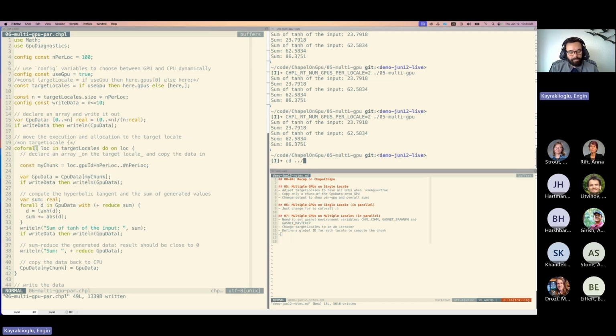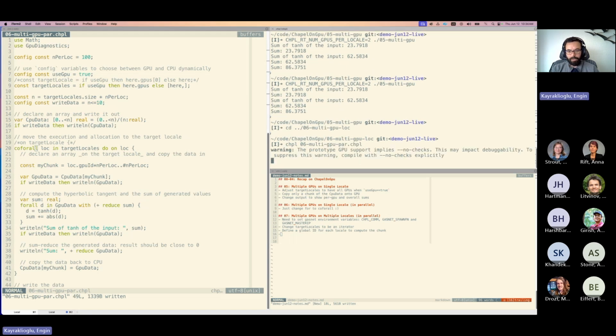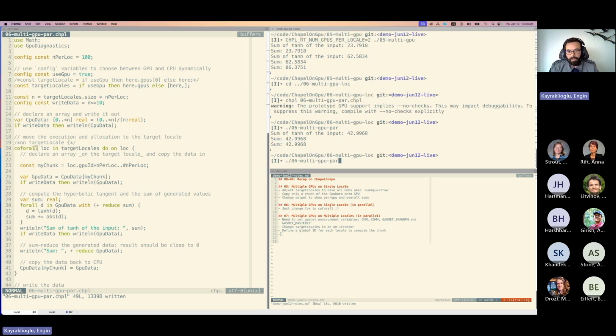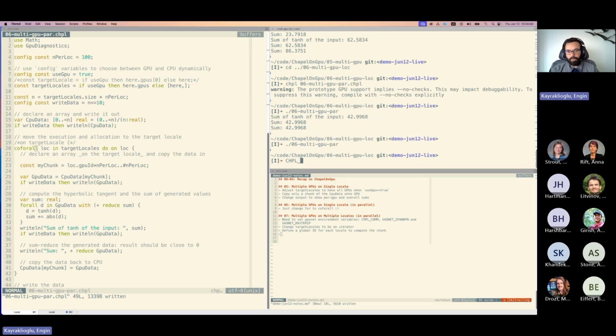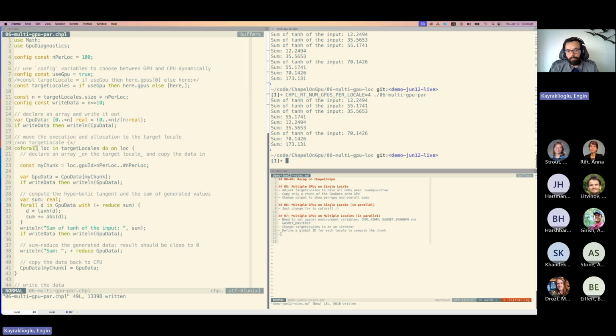So let's go to that directory and let's compile this application this time. And let's see the outputs. Looks similar. Let's set the GPUs per locale to something a little high. And as you can see, the order of the output changes every time, but we are getting the same result again and again. So very simple change, for to coforall, and you'll get